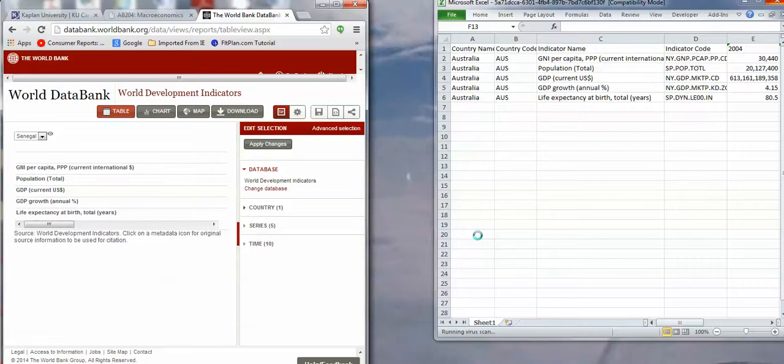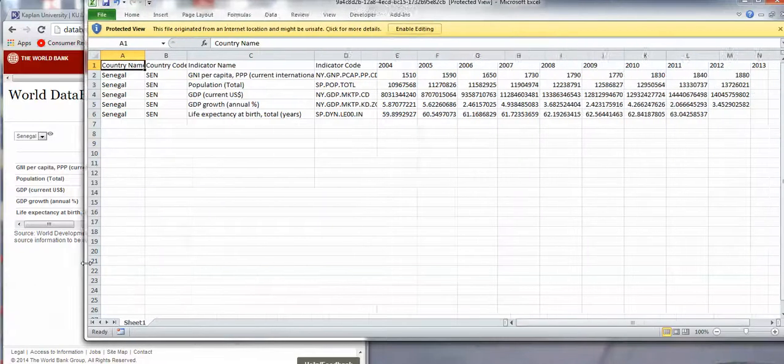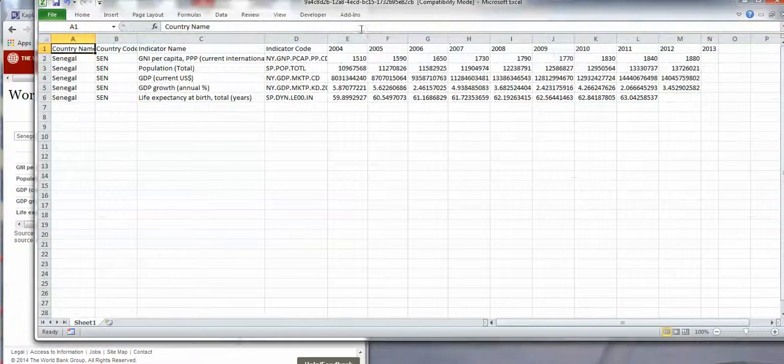Again, it's going to depend on the bandwidth on your computer system, what all your computer's doing in the background, and whether or not it's recording a video at the same time. So your stuff's going to go a lot quicker than mine. Okay, so now we see Senegal, and we have all the data we need. So we're going to enable editing. We're going to come back here, and we're going to